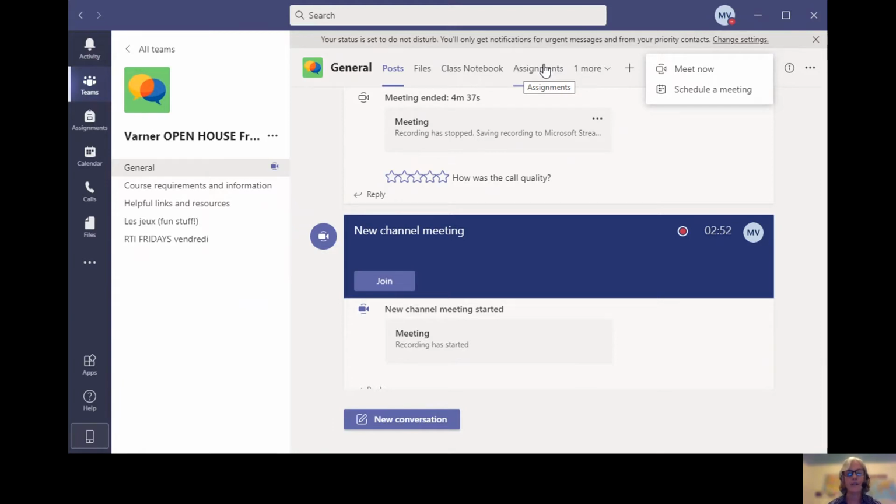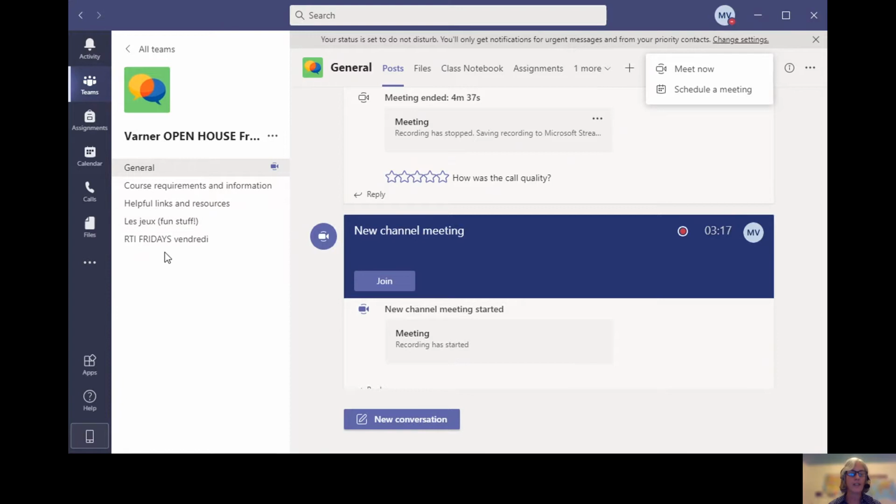This is working very well, and then they would go to the details of the assignment, and it would give them the due date, and then they know how to resubmit it to me for a grade. And speaking of grades, the grades in this class follow the Richland 1 grading scale, so that is consistent with your child's other classes.